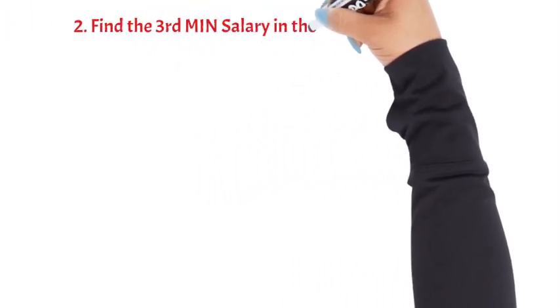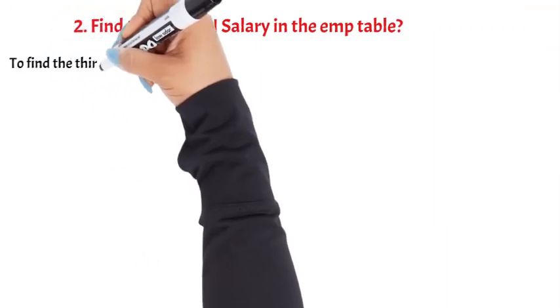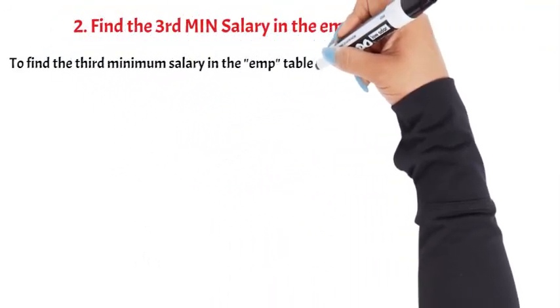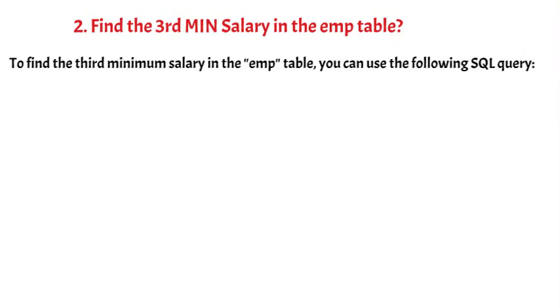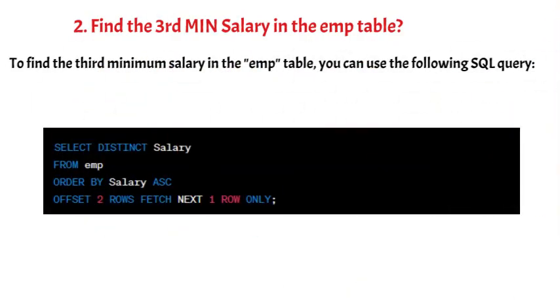table. 2. Find the third min salary in the EMP table. To find the third minimum salary in the EMP table, you can use the following SQL query. In this query, we are selecting distinct salaries from the EMP table and ordering them in ascending order. Then, we use the offset clause to skip the first two rows representing the two lowest salaries and fetch the next row using the fetch next clause. The one row only limits the result to a single row, which will be the third minimum salary in the